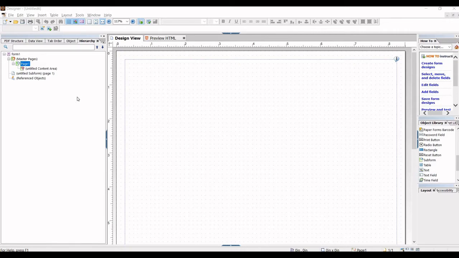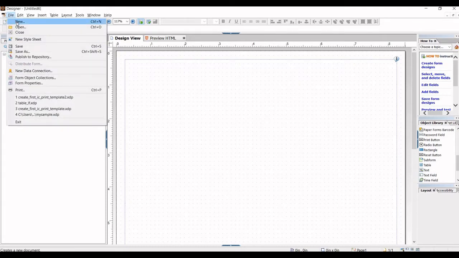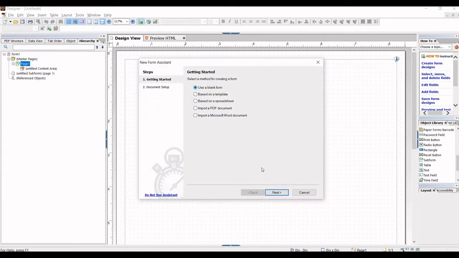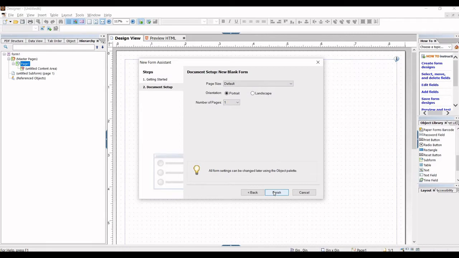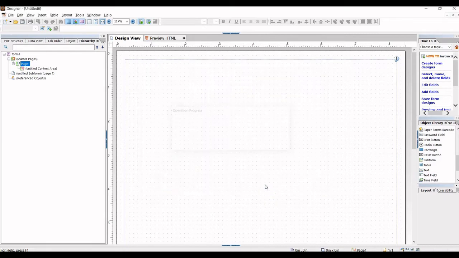So we are going to create a similar kind of structure. For example, we have created call, bills, etc. in the form data model as well as in the document fragment. So a similar type of structure we will create for the form template. I'm using a blank template right now. So we can just go to File, New, and then use a blank form, Next, Finish.